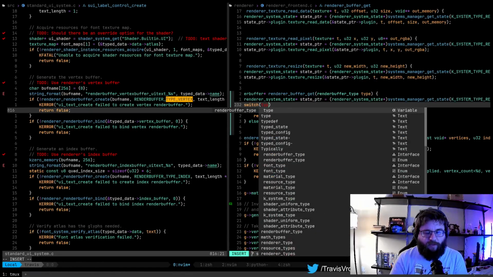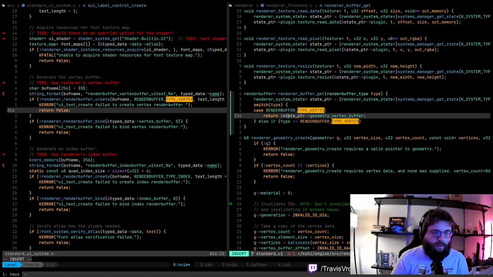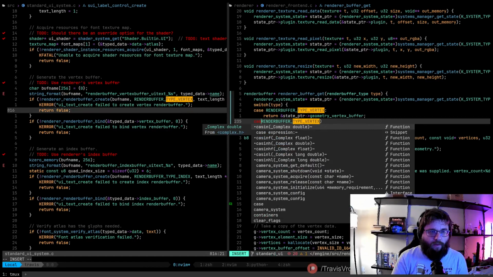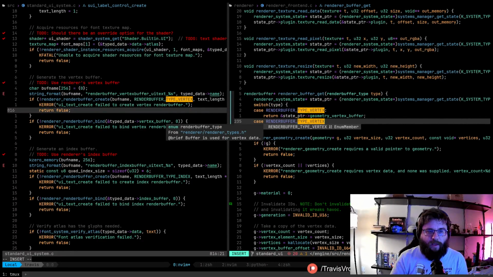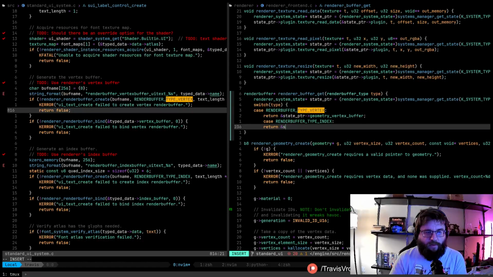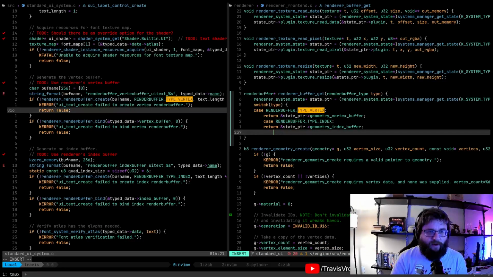Switch type. Case index, return state pointer, geometry index buffer.